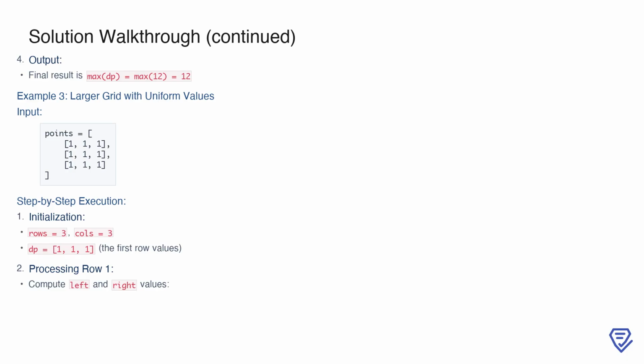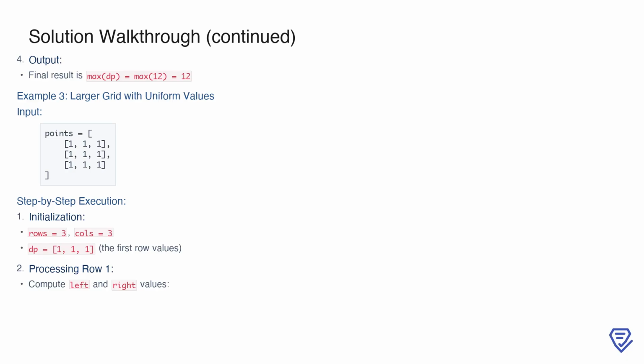Here, the input grid has 3 rows and 3 columns, with all values being 1. We start by initializing dp with the first row values, which are 1, 1, 1. For the second row, we calculate the left and right arrays. Since all values in dp are the same, both left and right arrays remain 1, 1, 1. Adding the grid values to the maximum of the corresponding left and right values gives us a new dp of